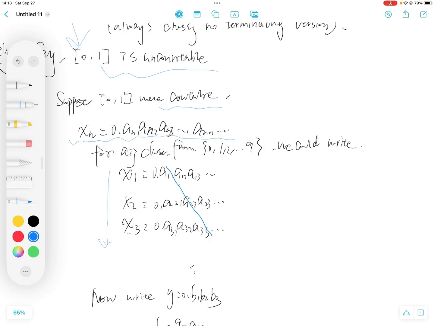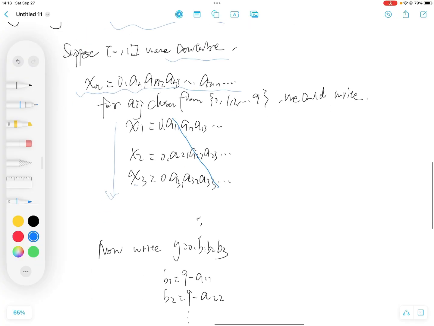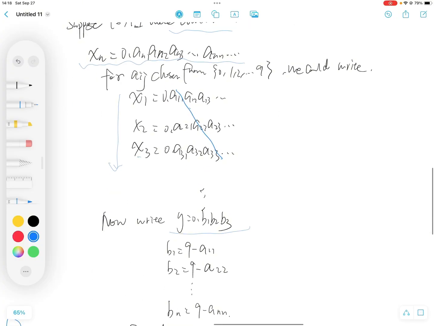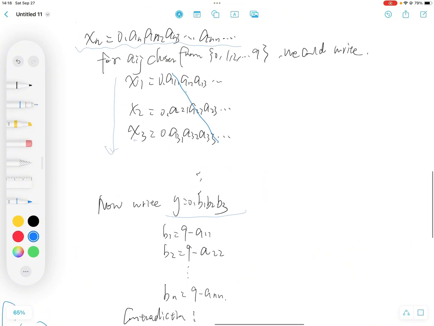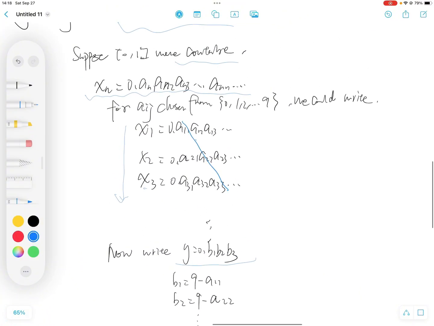Each digit a_nn from 0 to 9 is chosen arbitrarily, and if it's countable, I could list all of them in this kind of shape. But when I write y equals 0.b1, b2, b3, where bn equals 9 minus a_nn, which